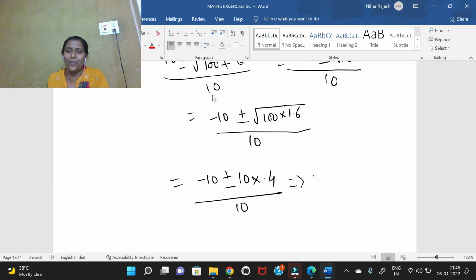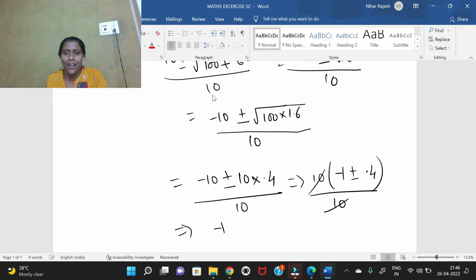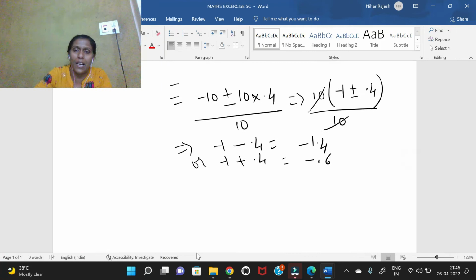Now I'll take 10 from every term. So it is minus 1 plus or minus 0.4 divided by 10. 10 cancelled, which is equal to minus 1 minus 0.4, which is minus 1.4, or minus 1 plus 0.4, which is minus 0.6. Therefore, the roots are